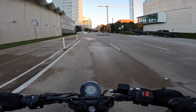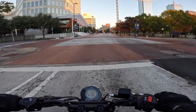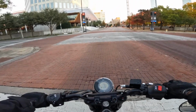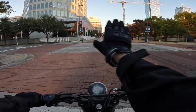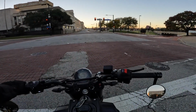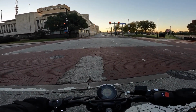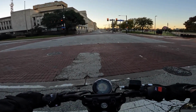It pretty much means that you can almost pretend like you're riding around with no mirrors. That's essentially what this is like. I've got this one down here and then the other one over here. Again, it looks really cool. I like the fact that my view is unobstructed, but I also really feel like I'm riding around with no mirrors. I wouldn't mind having to look down to the mirror if the view was unobstructed, but for me anyway, for my body type and rider position,